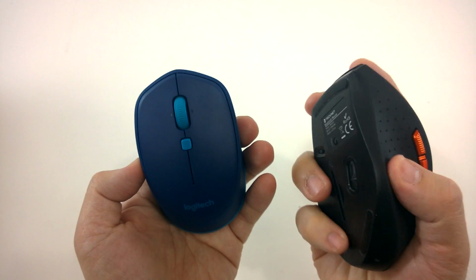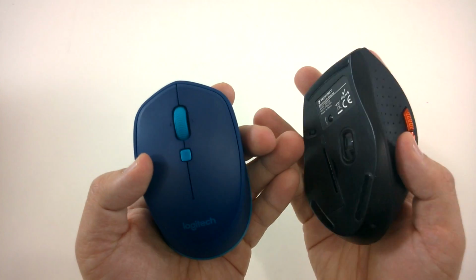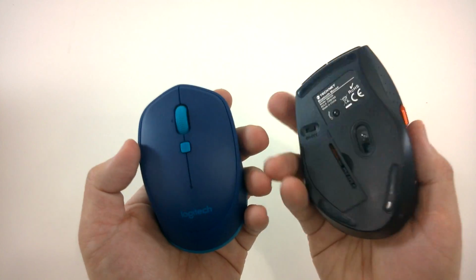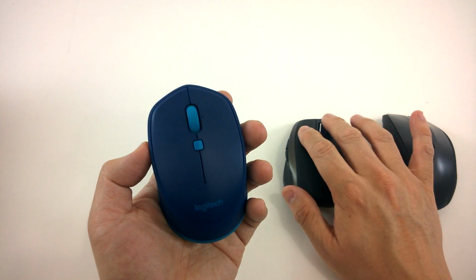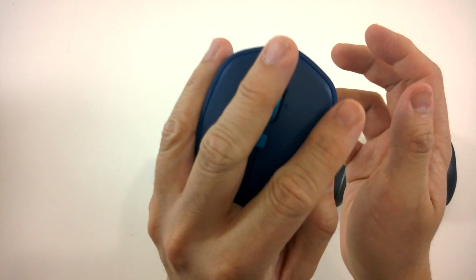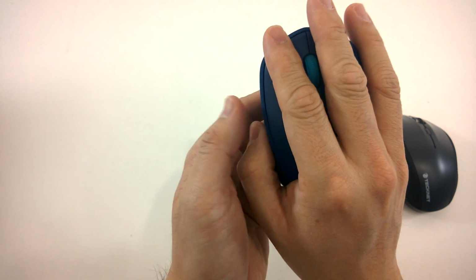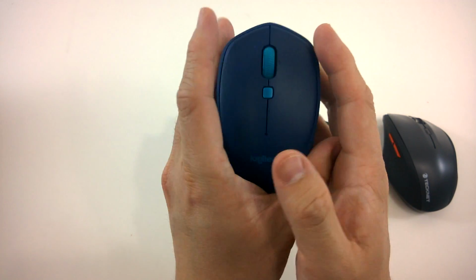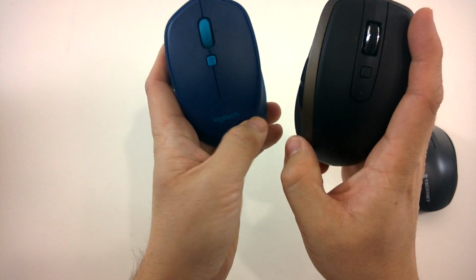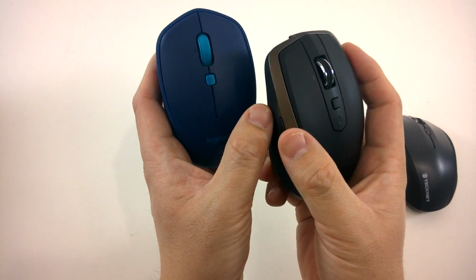So this one is also a little bit cheapy feeling, but it does its purpose and it works just fine. So those two we'll look at, and so here we are. So this one, once again, the big thing is that you can use it left-handed without a problem because it is shape agnostic, so it's not really shaped one way or another for left or right. As opposed to this one, even though you can use this one left-handed, these buttons are strictly on one side